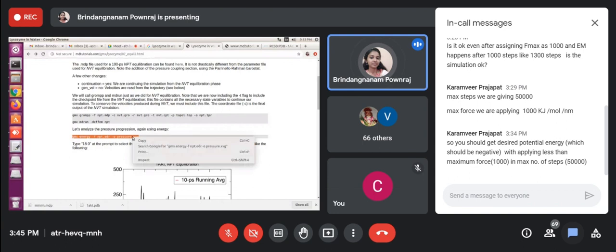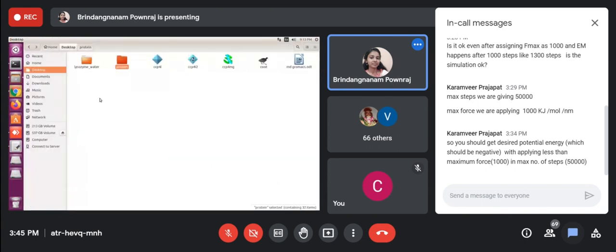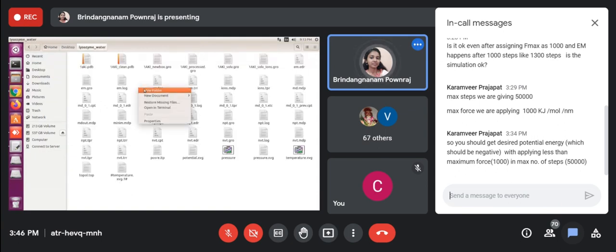Then we are going to visualize the pressure.xvg file also. So already I completed that NPT equilibration step also. So in that folder I'm going to show the results.